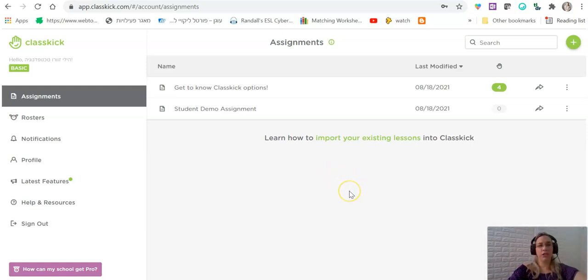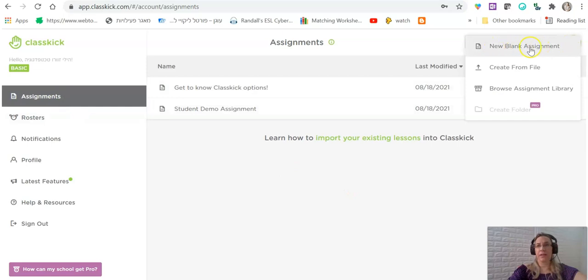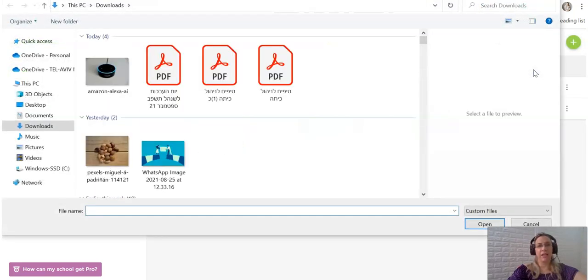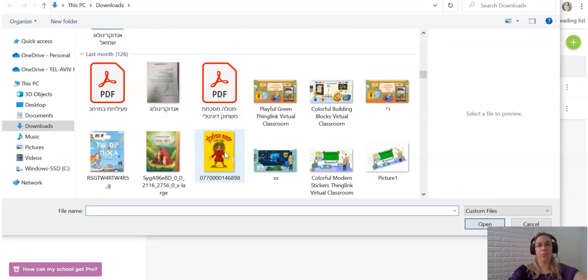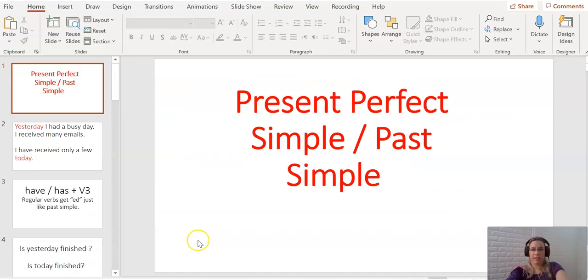So now all you need to do is start a new activity. So go to assignment plus a blank new assignment or create from file. If you click create from file, here you can just upload some activities, maybe PowerPoints that you have. Since Classkick only accepts PDF files, if you have a PowerPoint presentation, just click File,